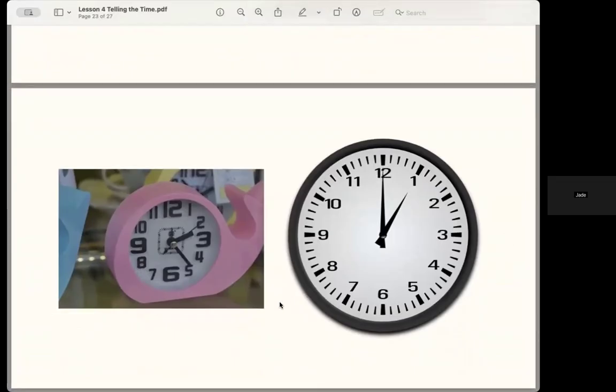Okay, now I have Zainab. Zainab, are you here? Yes, ma'am. Would you like to do the one Jade will show you? Sorry, I haven't got everybody's names written down. This is 25 past 2. Good. And can you say it digitally? How would you say it digitally? It's 2:25. Great. Excellent. You're all over it.